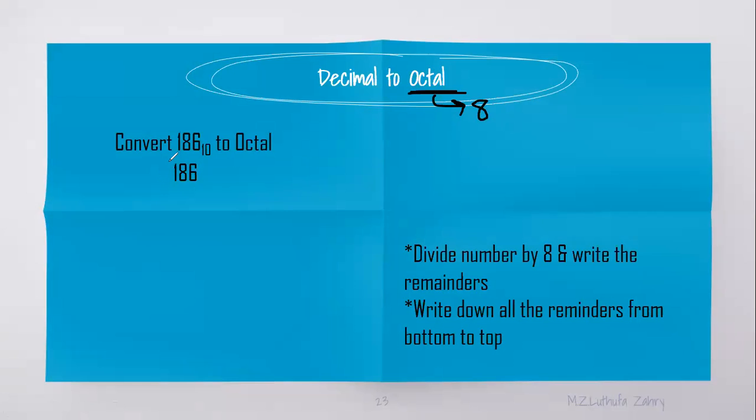So what you will do? Divide the number given by 8, and same like that you have to write the remainders here, and then write it from bottom to top. So that will be equal to the decimal number. So we'll do it. 186 divided by 8 will give you 2, and then 2 into 8, 16. So the 2 will go here, 26. That is going to give you 3. So remainder will be 2.